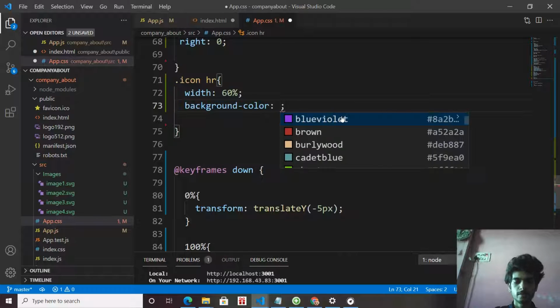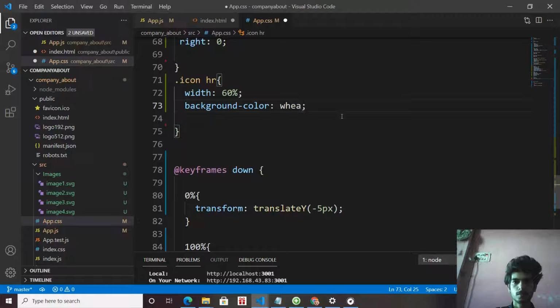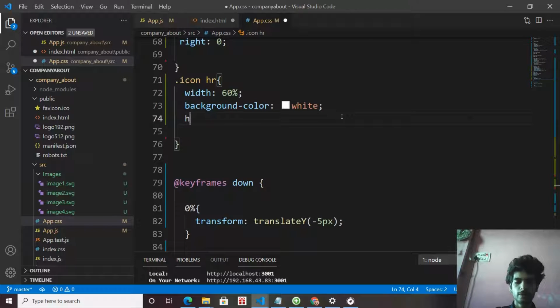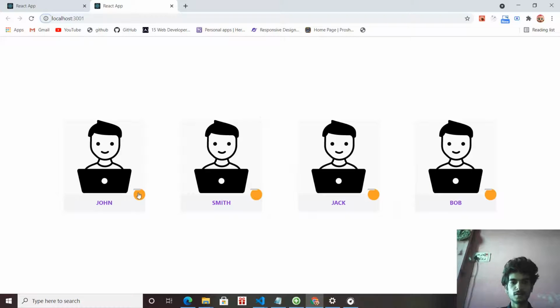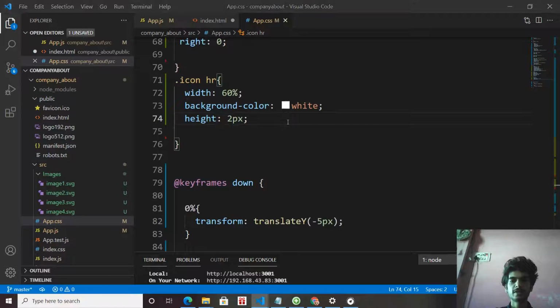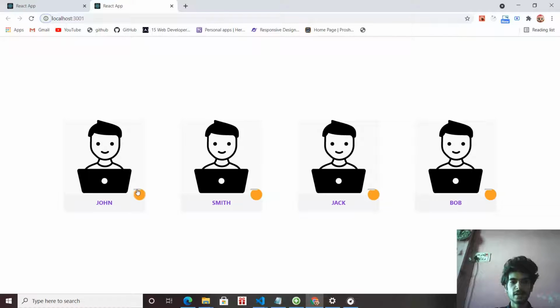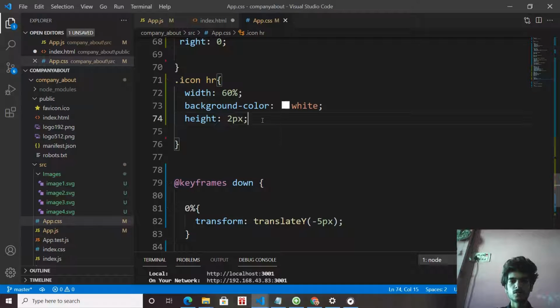Background color is white. Height 2 pixel. When you save this, you can see on the screen that our hr tag is at the top of the icon.